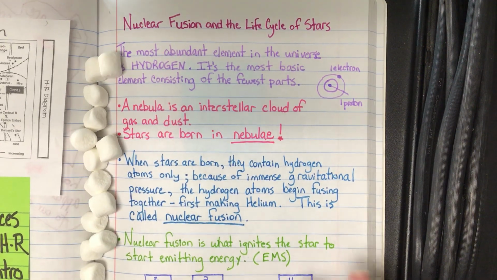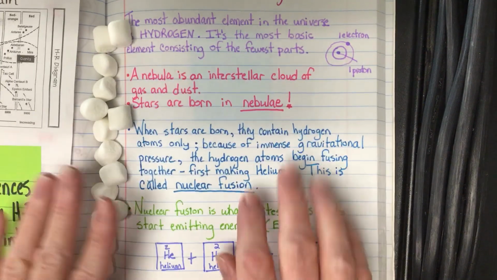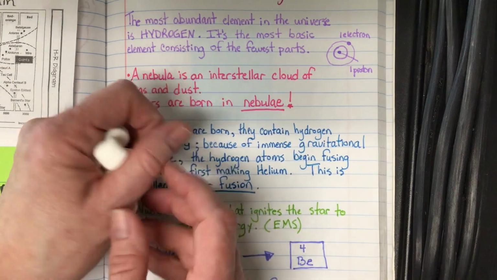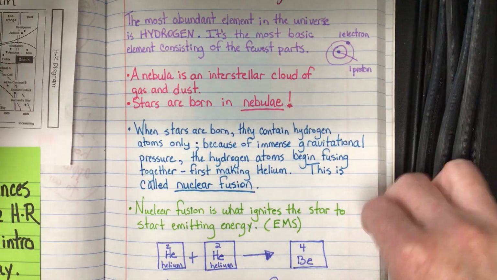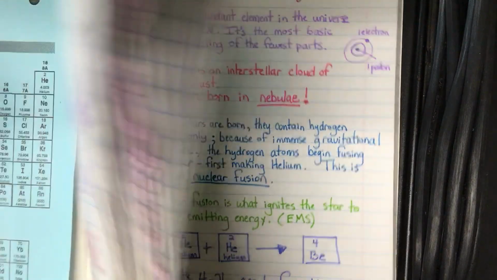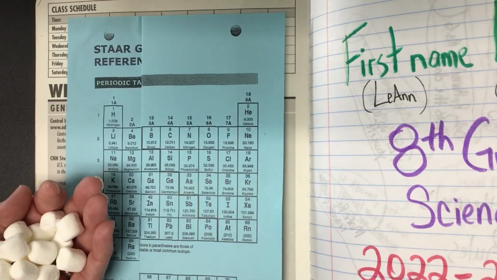Hey Rother fam, you just took some notes over nuclear fusion and the life cycle of stars, and I put some marshmallows in the crease of your journal, with 1 or 2 hands, and some of you got different amounts, and I'll explain why later. I dropped one. Okay, so take your marshmallows and then turn your journal to the front where we glued in